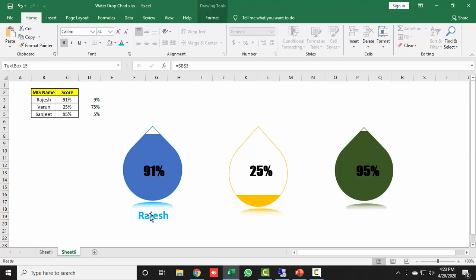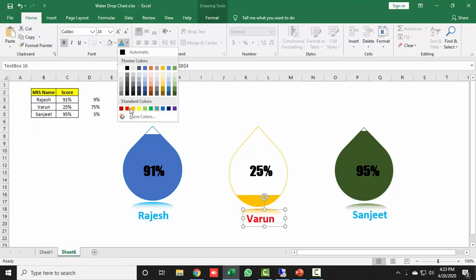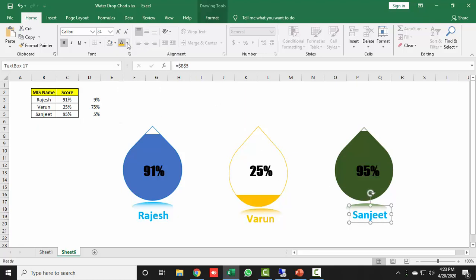Alright, now make a duplicate for another one, then select it, make a duplicate for another one, then select and keep it. Select one. Now it is B4, so I will use B4. This is B5, then it is B5. Then take the Format Painter and this one, this one. Now change the font color to orange, now green. All right, now you can see it will look something like this one.